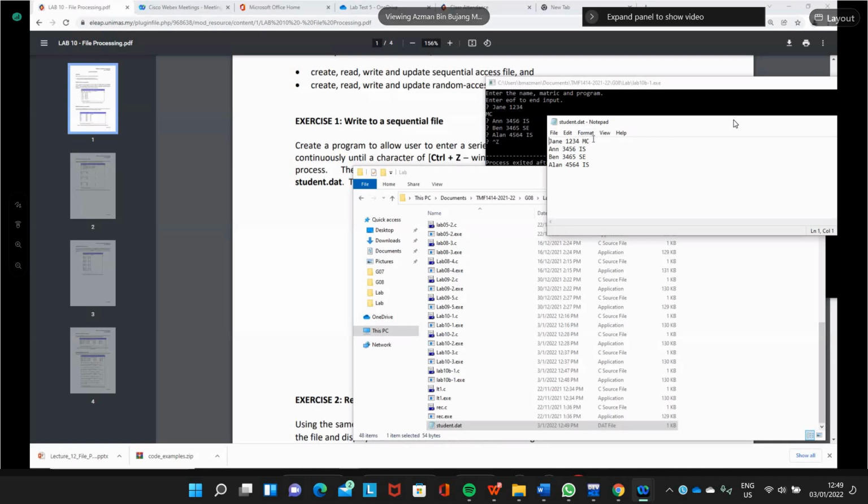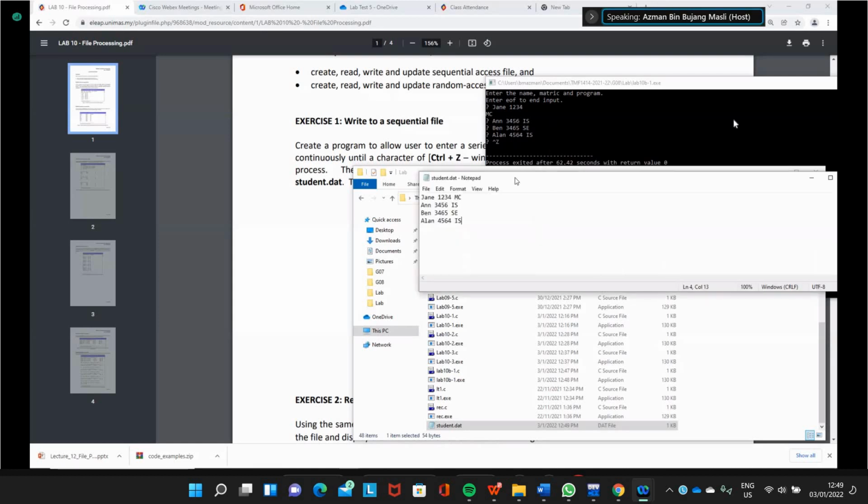So all this data actually is in character. This is a character. So if you read a string from this file, it will get the whole line as a string. But if you use scanf, it can detect the space between the data, so that your data will get into 3 variables using scanf.